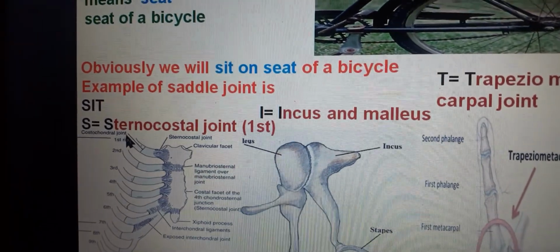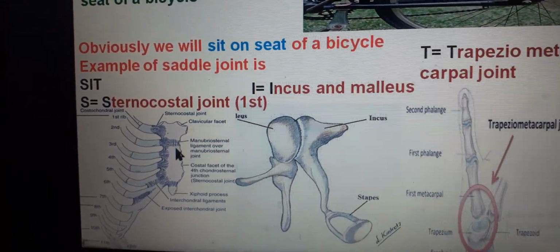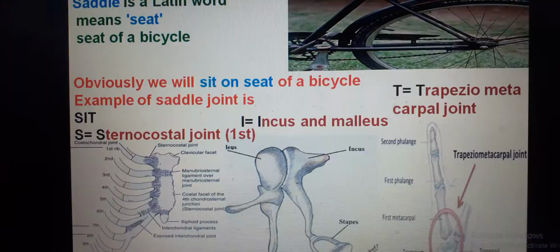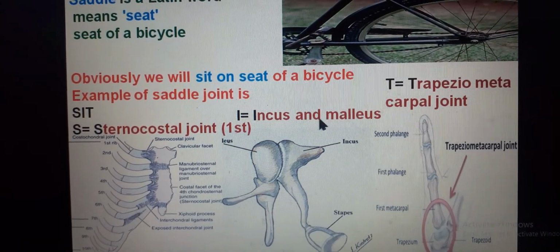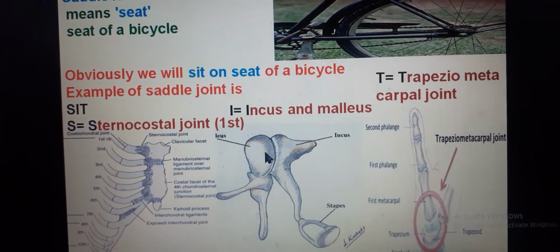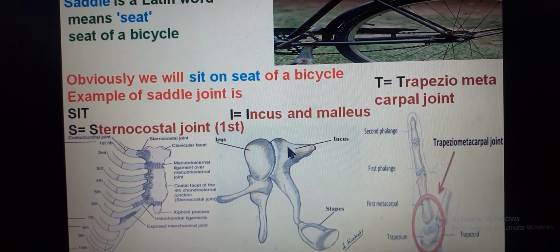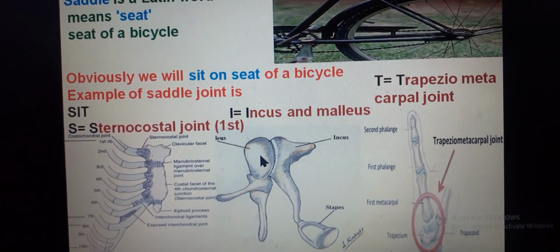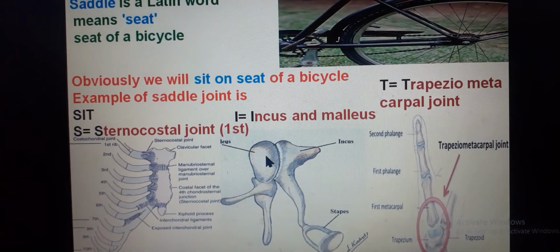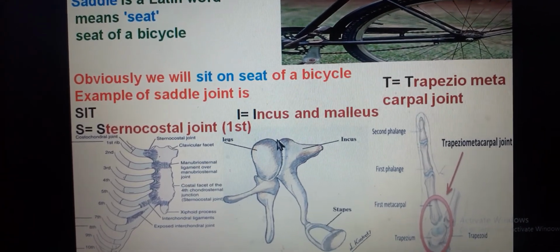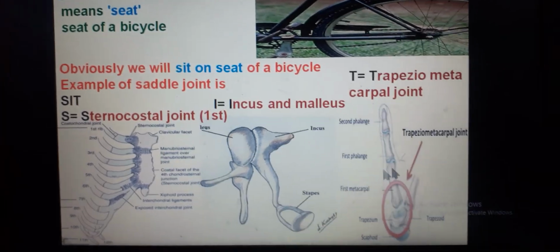S for the first sternocostal joint, this one. I for the joint in between the incus and malleus. This is malleus, incus and stapes. So in between the malleus and incus. Okay, this is saddle joint. And T: